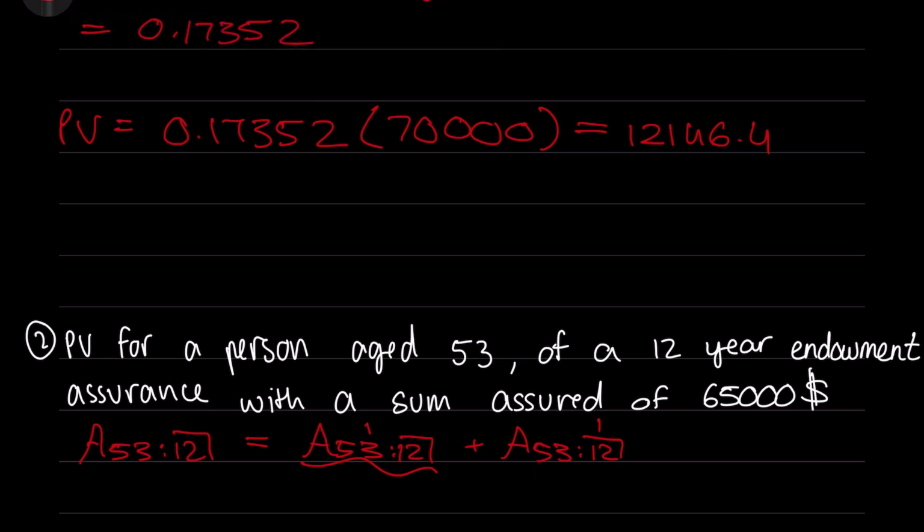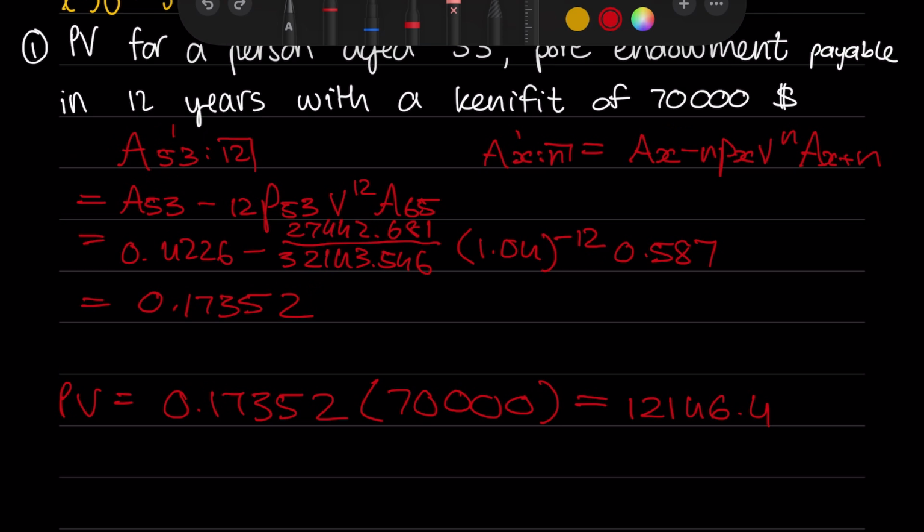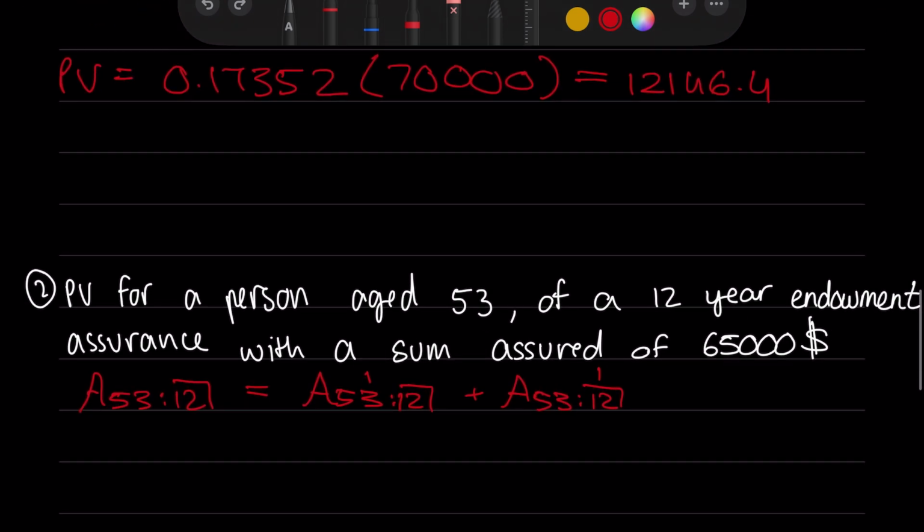So we already have that value here. So I'll just write it down quickly. And 17352. So now all we need to do is calculate the pure endowment